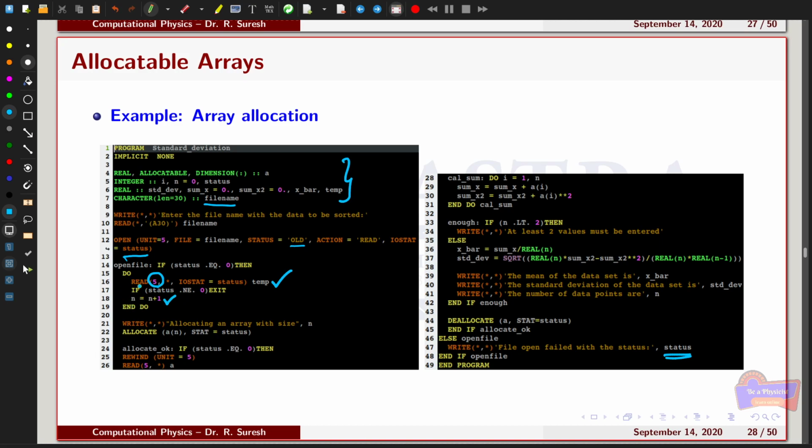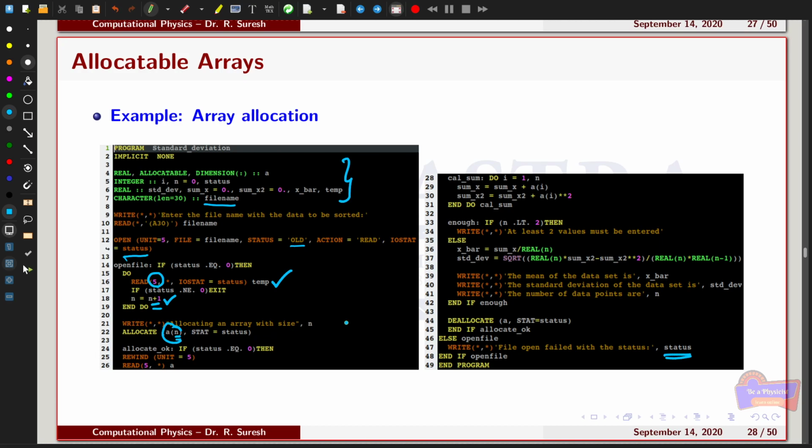Once we come out of this loop, the total number of data in the file will be counted, which is stored in the variable n. Then I am going to allocate the array based on the number of data in the file. So I am going to allocate the array with size n, with a status again. If the array is actually allocated, then the allocate statement will give you a status equal to 0.